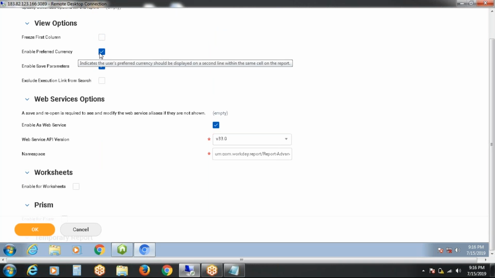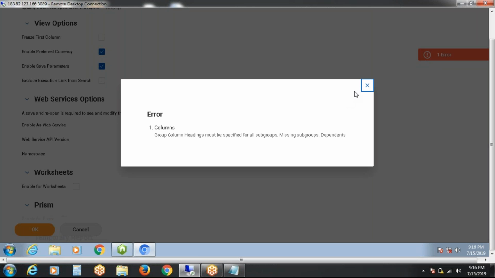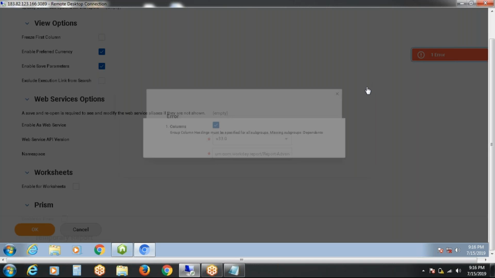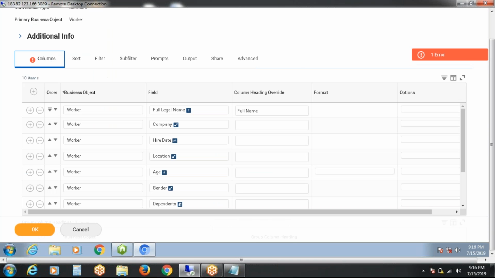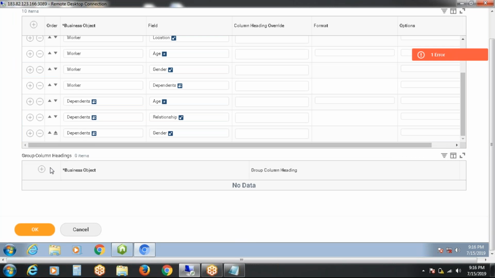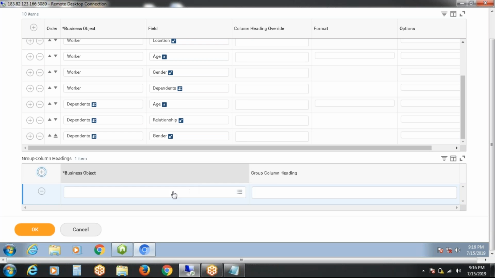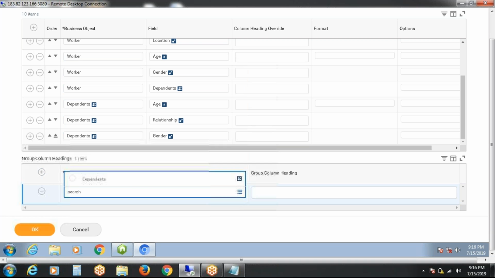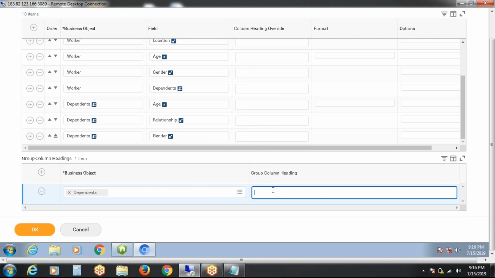Now I have selected the options called enable preferred currency and enable save parameters. So the first effect will come from enable save parameters. Group columns heading must be specified with all subgroups. So what is that? Go to columns. And here group columns heading is nothing but the heading of the related business object, family members. Say OK